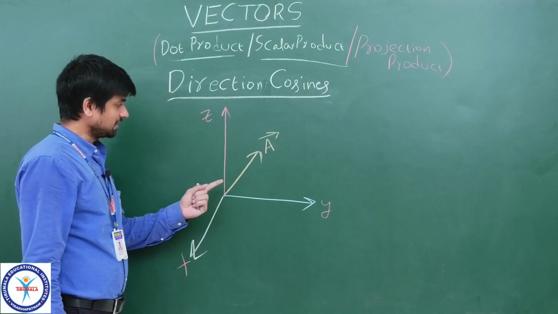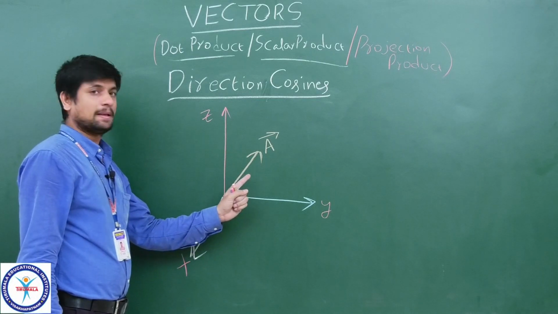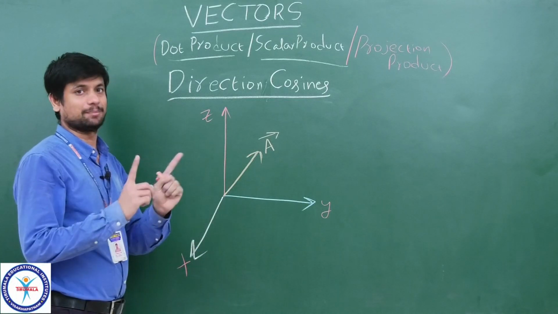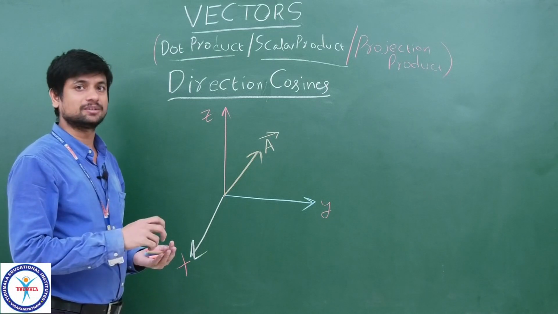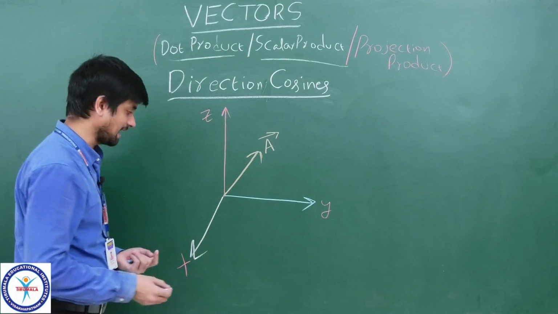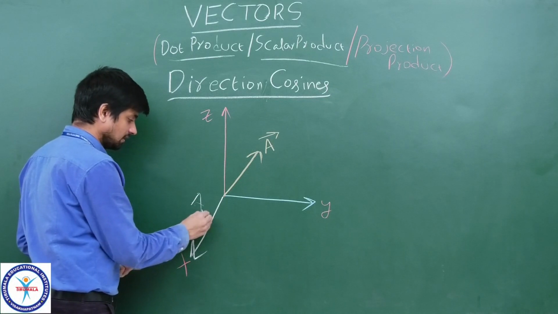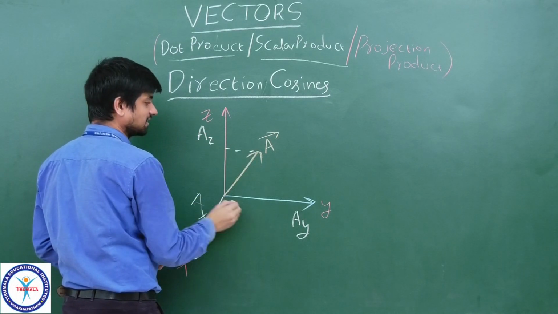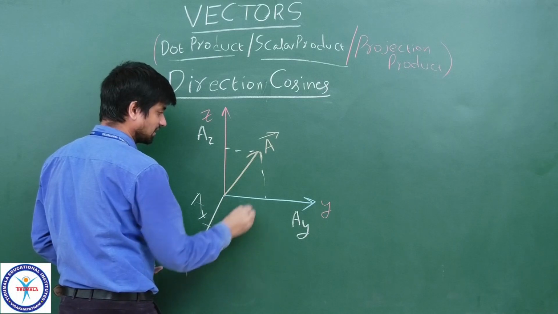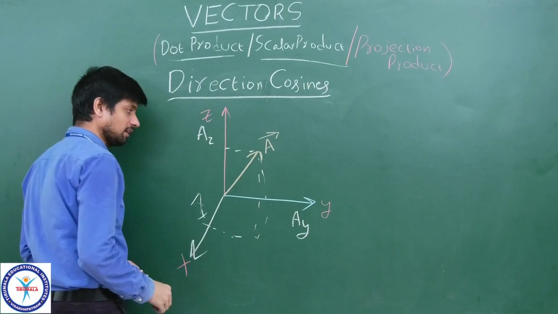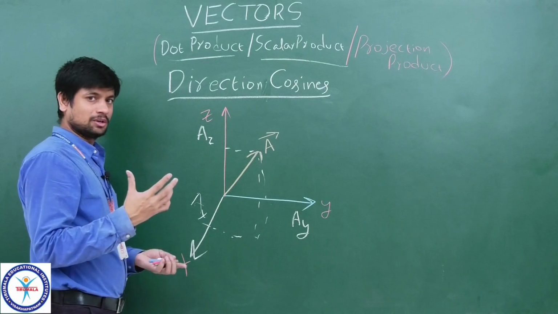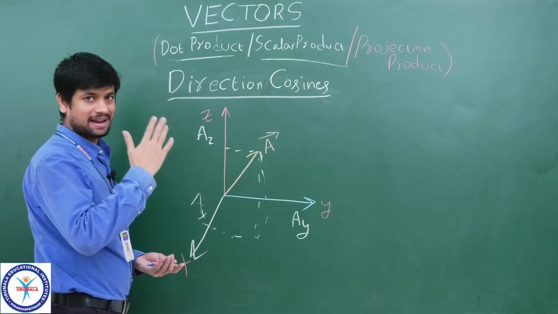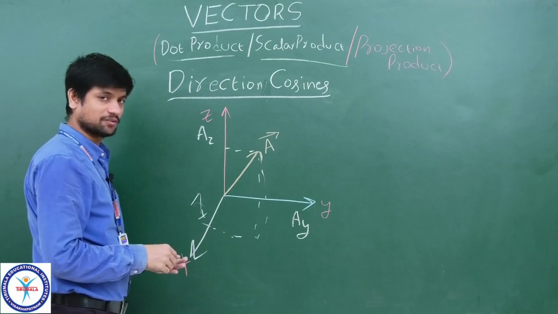See, children, here one vector A is located in the frame of reference x, y, z, three-dimensional. So it will have its scalar components along x, y, z as Ax, Ay, Az. That means it intersects here, here, and here. Now the angle we should know, right? Because if you want to know the projection, the angle between the vector and its components along the x axis, y axis, z axis.